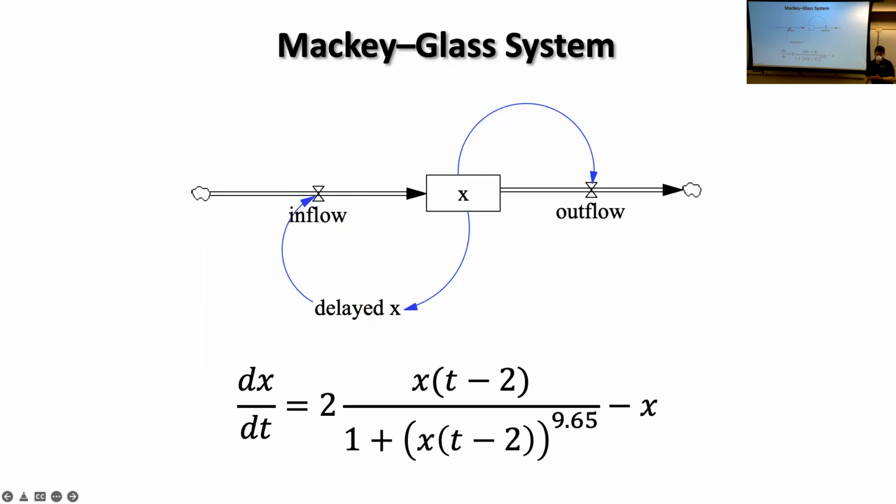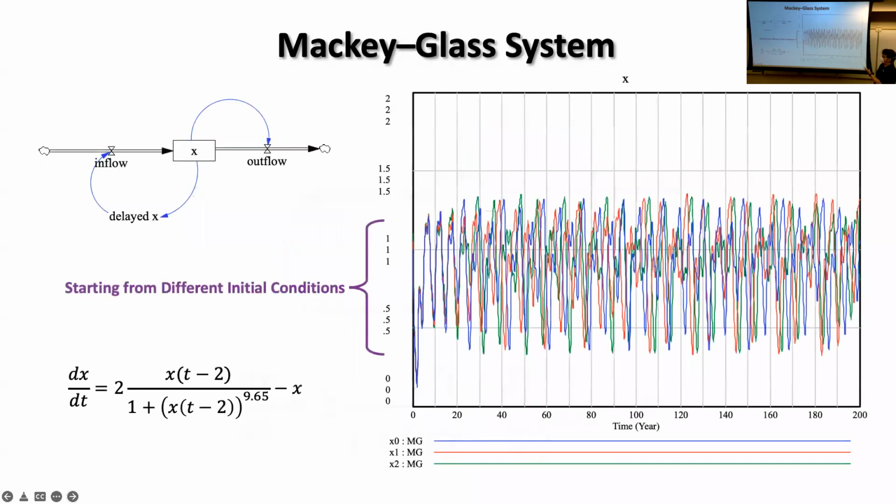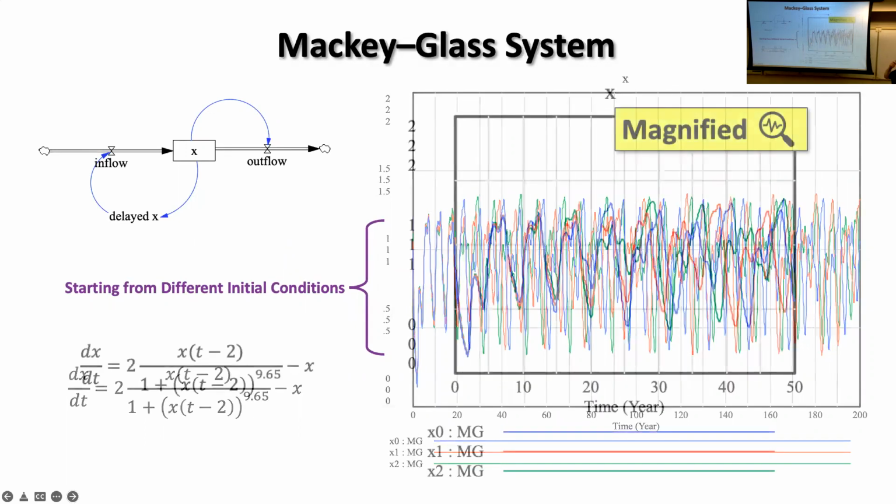If you simulate this, you don't get the fish model anymore. You get this thing that looks ugly like this, where if I try different initial conditions for this system, I get these trajectories that just get more and more different over time. The different colors here correspond to different initial conditions. Let me zoom in on it to make this clearer.